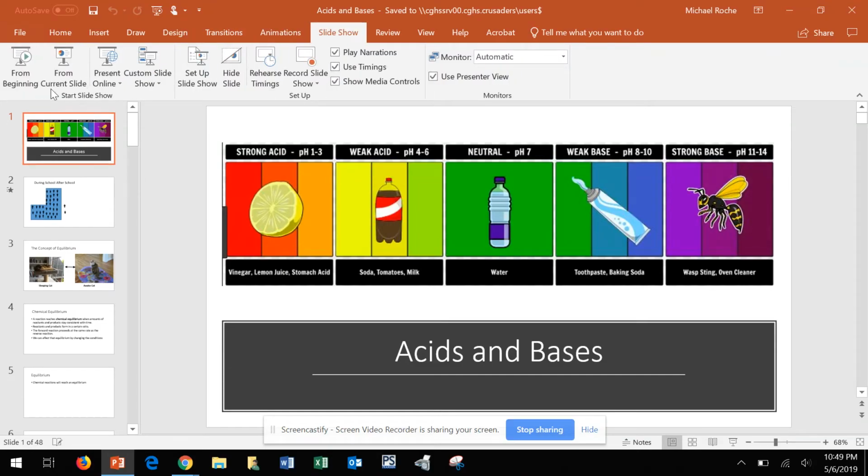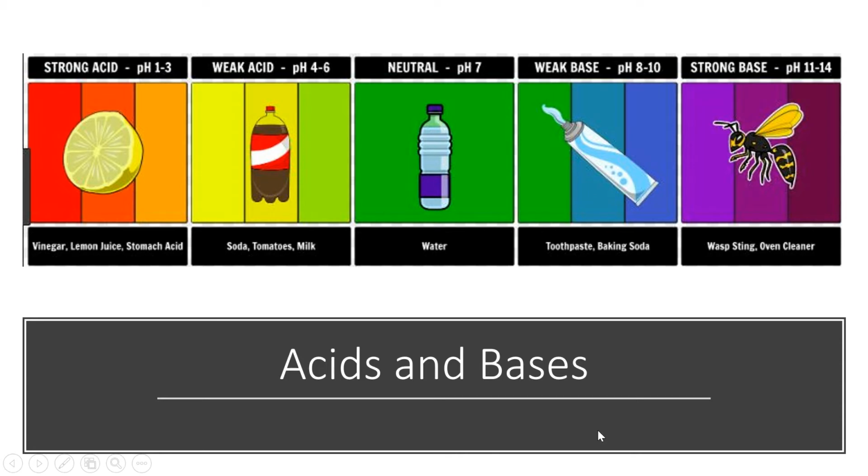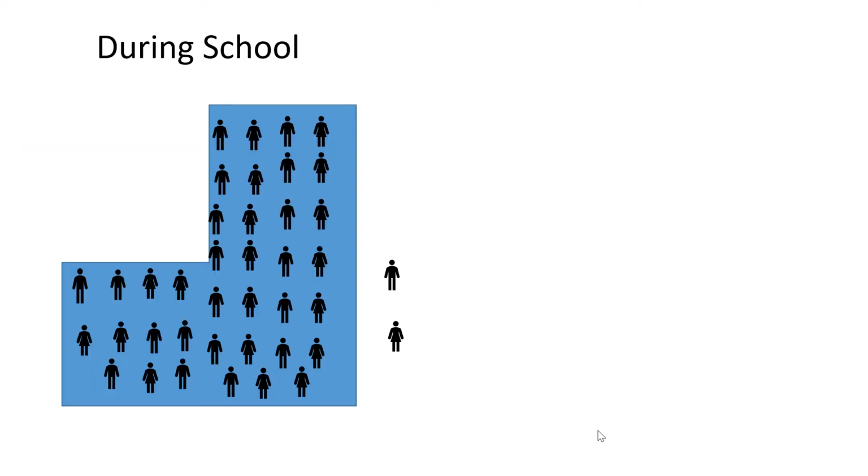Hey kids, so let's give this a whirl from the beginning. We are talking about acids and bases now, and the key to acids and bases is this understanding of equilibrium. And equilibrium does not mean things are equal, it just means that they are changing at a rate that is